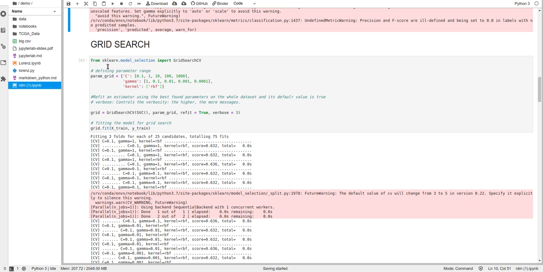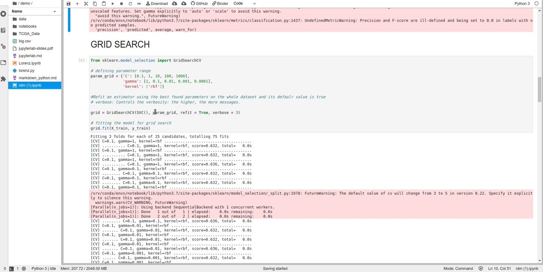Now first we will import grid search from sklearn model selection. Here we will make a grid in which we use C, gamma and kernel. In the theory part, I already told you these values, and the default value of kernel is RBF. You can search from sklearn on Google, right?